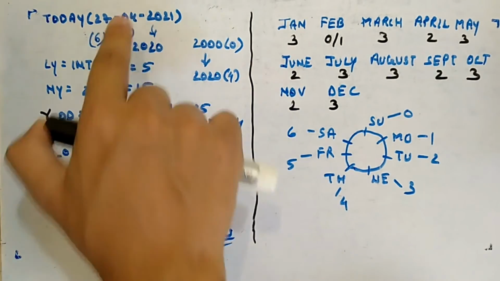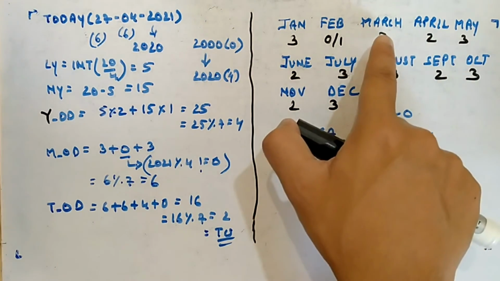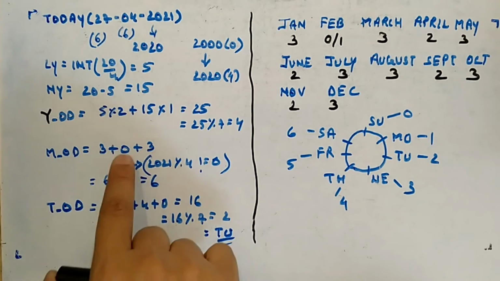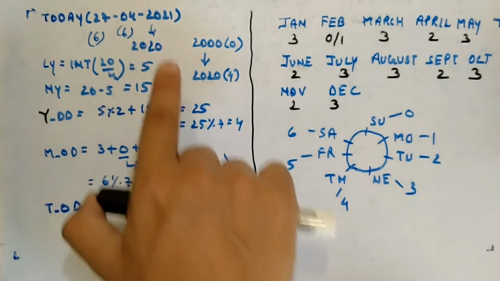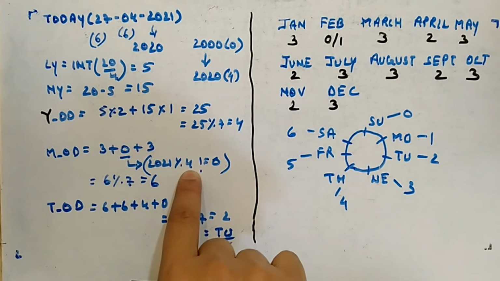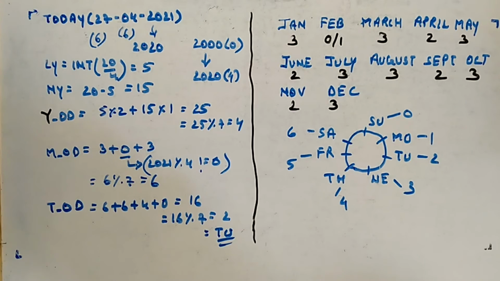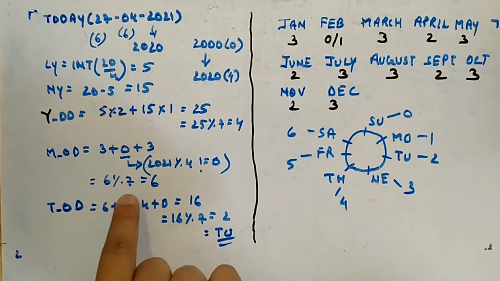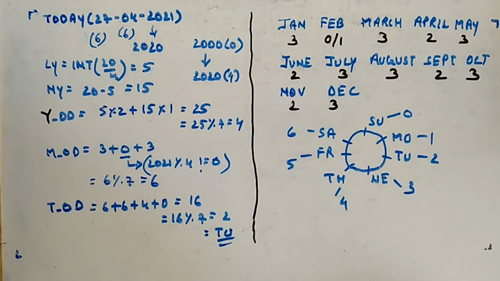Okay, then let's jump to month. So month is April. So till March you have to go. 3 plus 0 plus 3, and 0 I am adding because 2021 is not divisible by 4. It's not a century year, that's why divisibility with 4 I am checking. So it is not divisible by 4, and that is why 0 has been taken. So total is 6. 6 modulo 7 will still be 6. So 6 odd days you are getting from month.